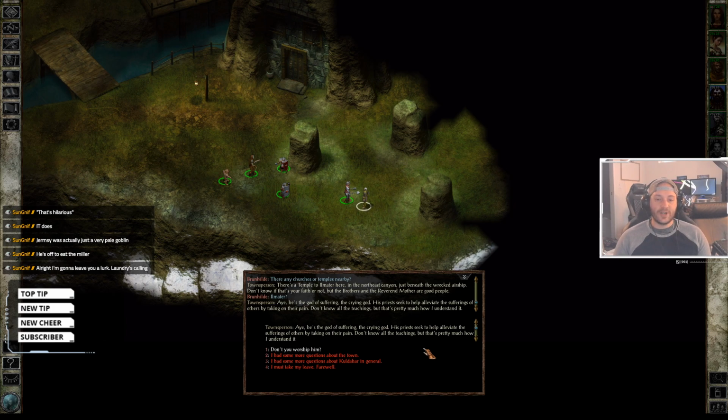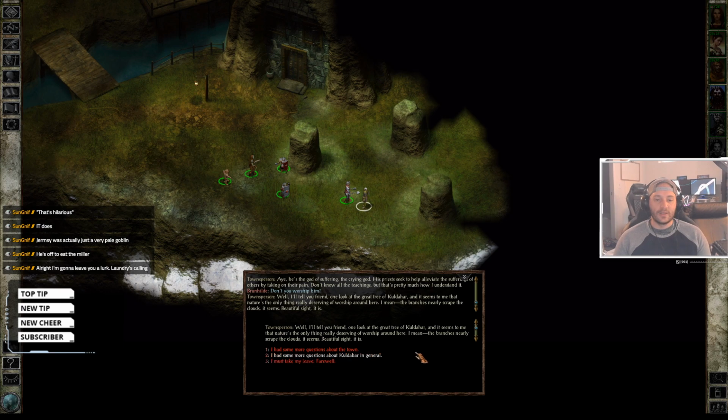Its priests seek to help alleviate sufferings of others by taking on their pain. Don't know all the teachings, but it's pretty much how I understand it. Okay, do you worship him? One look at the great tree of Kuldahar, it seems to me that nature is the only thing really deserving of worship around here. I mean, the branch is nearly...